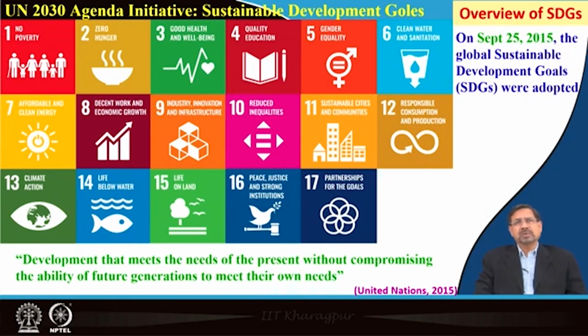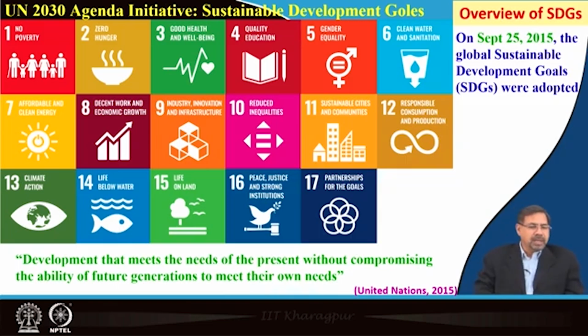Then coming to the sixth one, clean water and sanitation. We have a right to drink clean water, and also to have access to healthier, good sanitation, because this is linked to SDG goal number 3, which is good health and well-being. But drinking clean water and sanitation have been put separately in 6, though it has an affiliation to that, and we need to have access or guarantee in terms of clean water and sanitation.